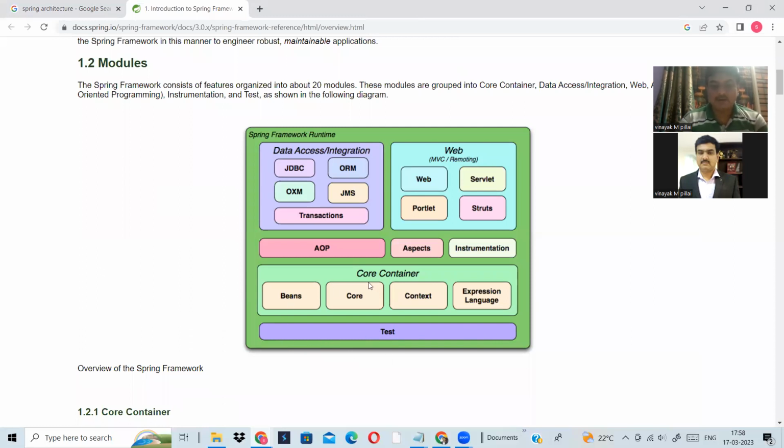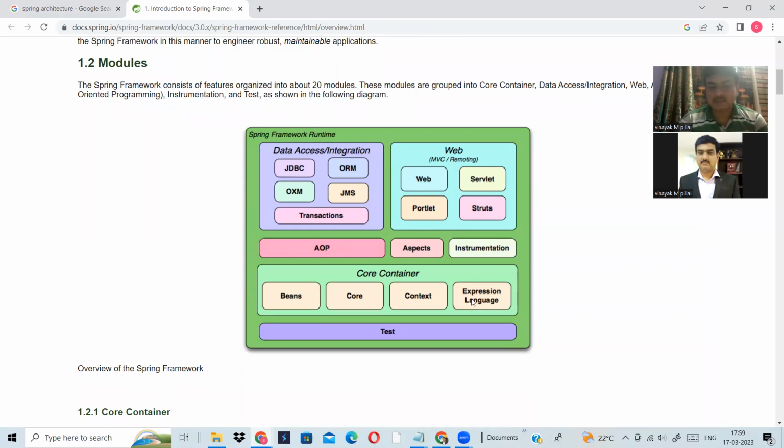Above this, we have the core container. This is where Spring plays a major role with respect to its core containers. We have IOC as a concept, that is inversion of control. In inversion of control, we are going to see how exactly Spring provides automatic creation of beans for us, that is, objects for us. We'll see this in detail in the coming sessions. As of now, in this session, we are going to see the layers and their container parts. In the core container, we have beans as a package, the core package, and then context, and